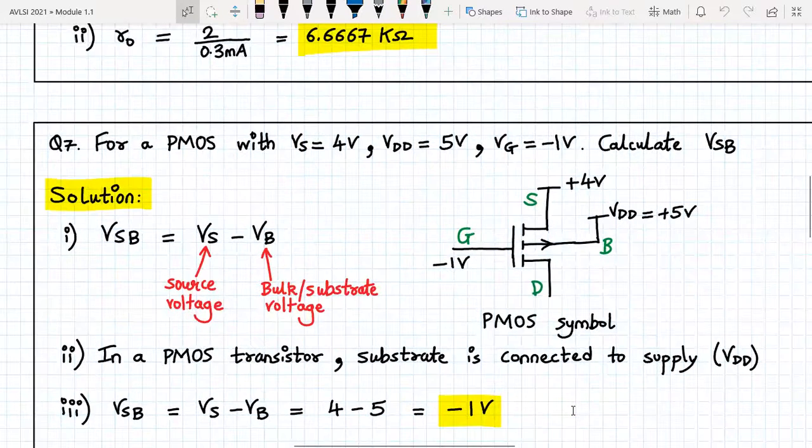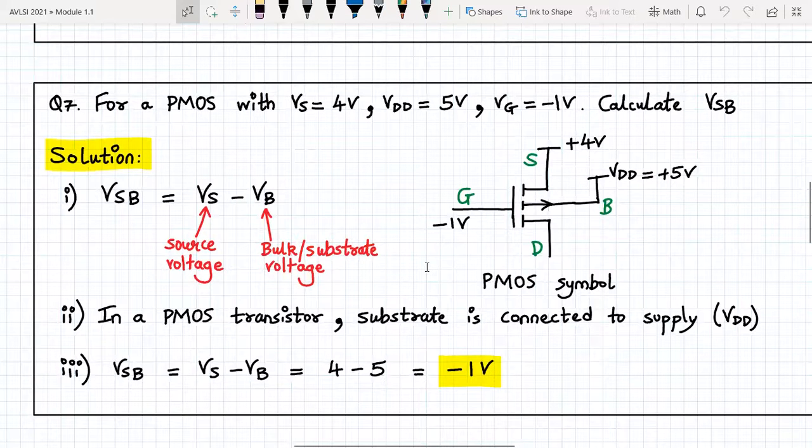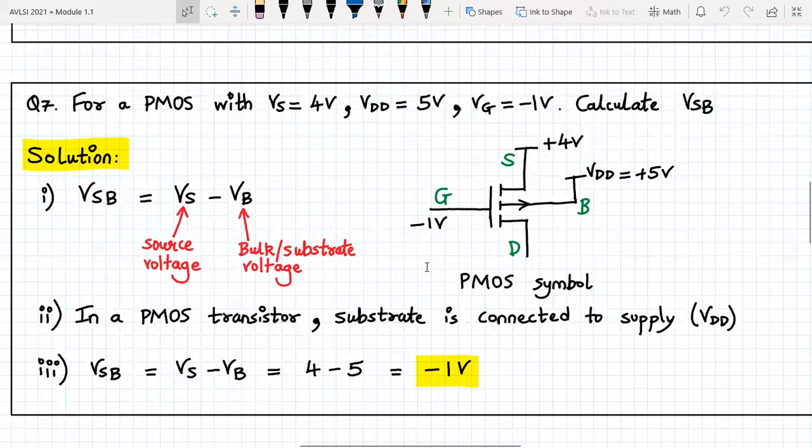Okay, so with this we complete all the numericals which we have to cover today, but one more concept is remaining. So I'll keep this window open for 4 to 5 seconds and then I'll move ahead. Okay, so let's proceed forward.